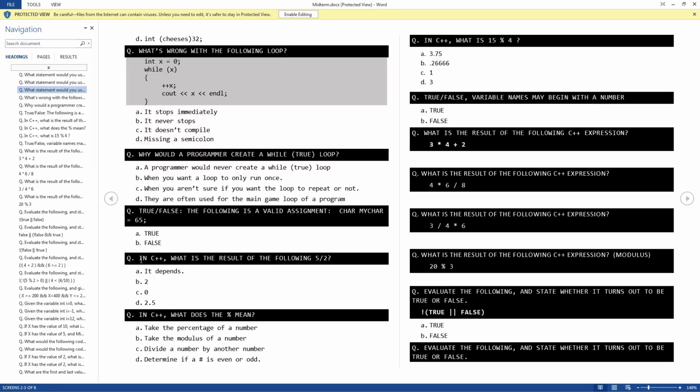So 4 goes into 15 3 times total, right? That means that 4 times 3 is equal to 12. So what's left over from the difference between 12 and 15? 3. You get 3. So the answer depends on how many times that 4 goes into that number.